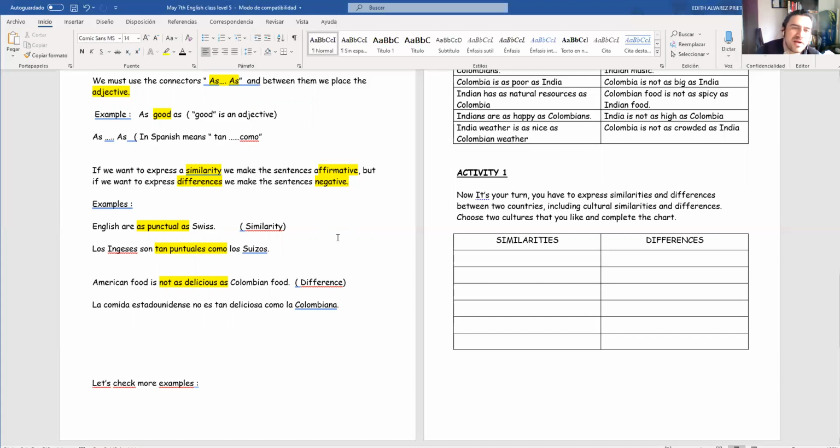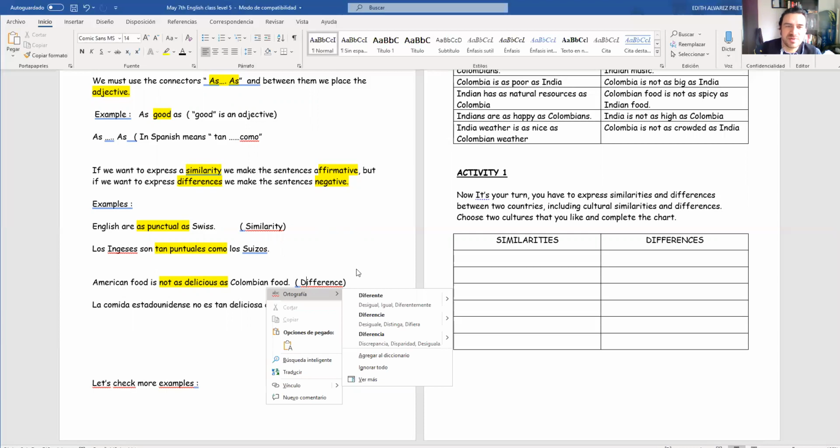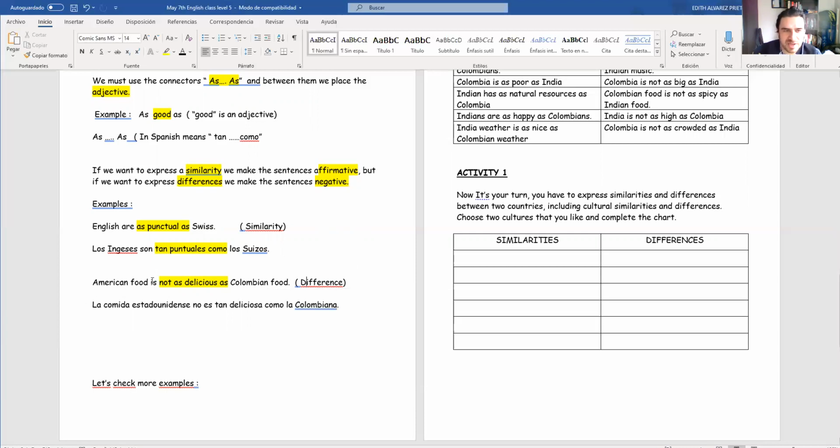You can understand better now with the Spanish example, okay? Another example. American food is not as delicious as Colombian food. Difference. Okay? Entonces acá expresamos una diferencia, ¿listo? ¿Por qué? Pues porque la oración se vuelve negativa cuando quiero expresar una diferencia. And the meaning in Spanish sería como la comida estadounidense, entonces acá American food, la comida estadounidense,